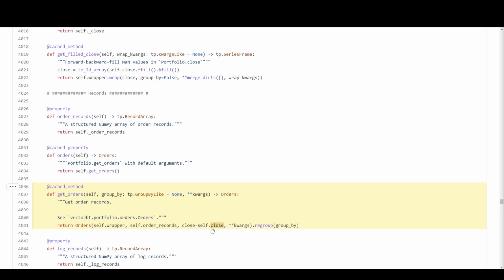And then from there, that's how you get the orders. But I'm guessing the wrapper is what contains the names of the columns, because clearly the order records only contain the number. And so inside of this wrapper it has to be